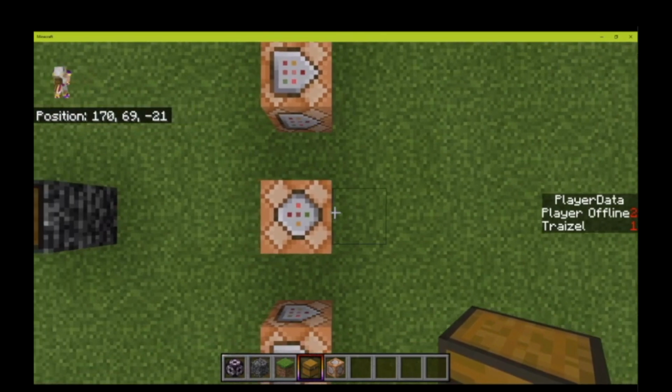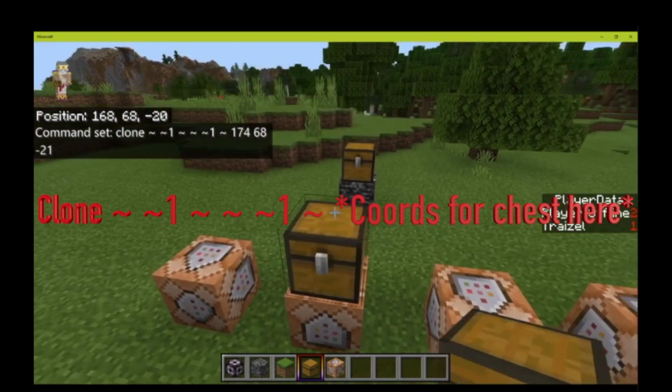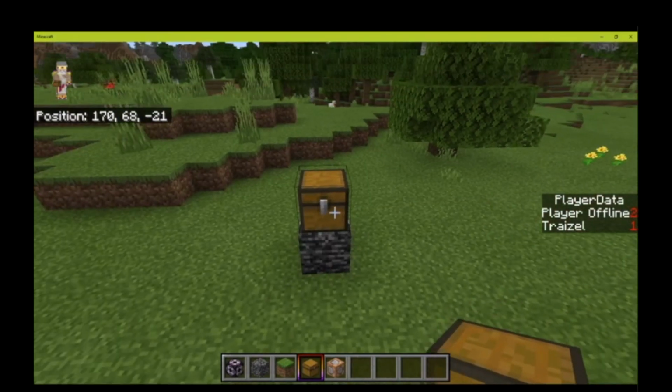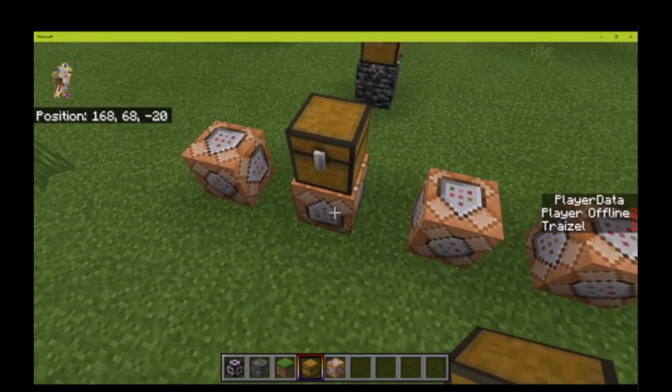I'm doing that completely wrong. I am sorry. You actually want to clone the block above, like I was saying way earlier. There's going to be a chest above this, and that's going to have all the loot in it. And you want to clone this chest with this chest. So you want to replace whatever's in here with this chest. So once you do that,